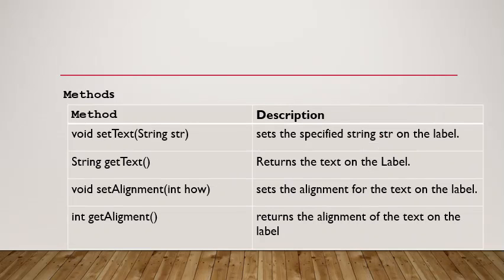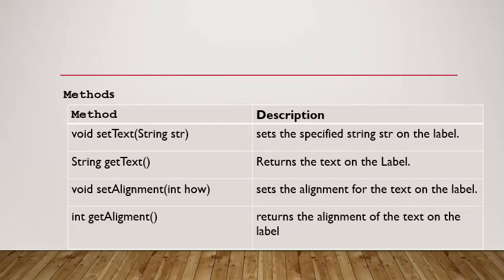Now, what are all the methods you can apply on a label? If you have created an empty label without any parameter, and later on, based on some event, you want to apply that label, then you can use the method labelObject.setText, and specify what text you want to set. Then, if you want to align it, you can write in the next statement labelObject.setAlignment with the integer. The integer can be Label.LEFT, Label.RIGHT, or Label.CENTER, depending on how you want to apply the alignment.